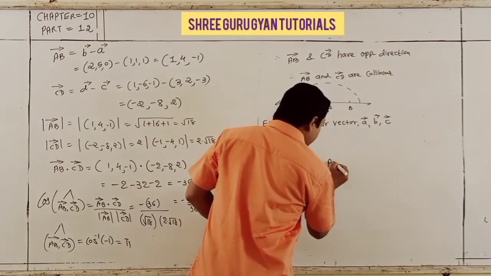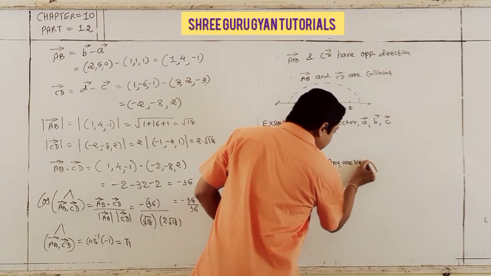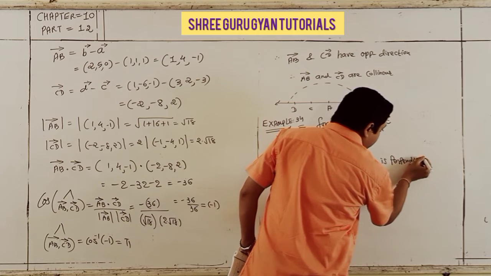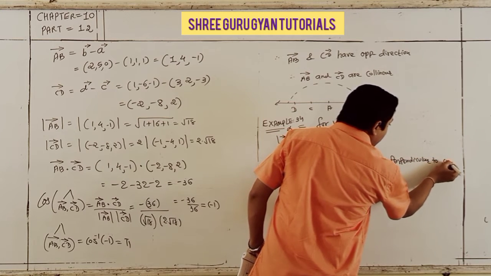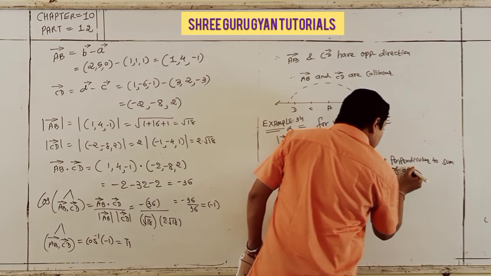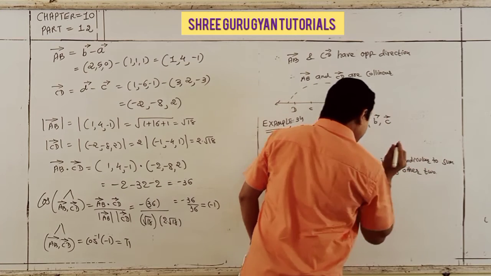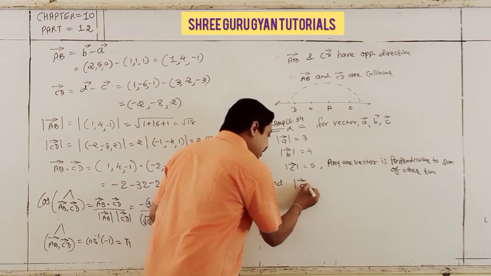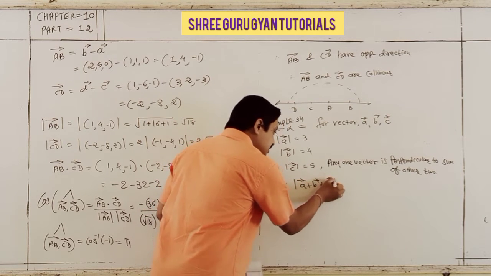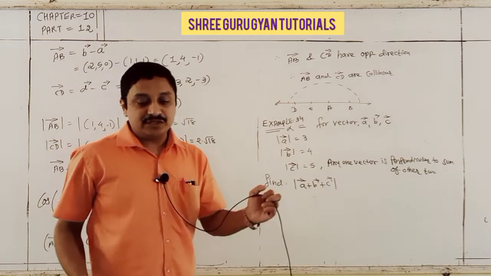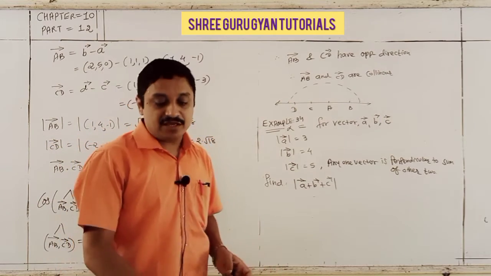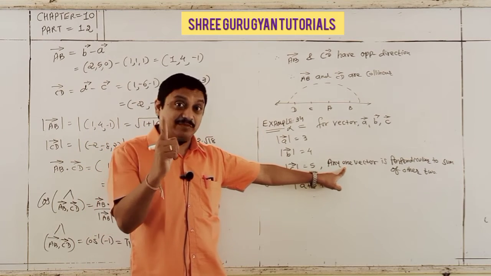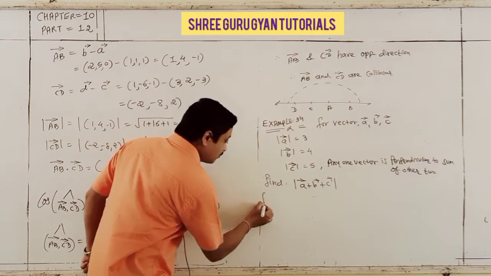Any one vector is perpendicular to the sum of the other two. Then you have to find the magnitude of A plus B plus C, and that's your target. Students, given vectors A, B, C with their magnitudes, and any one vector is perpendicular to the other two, it means from the given